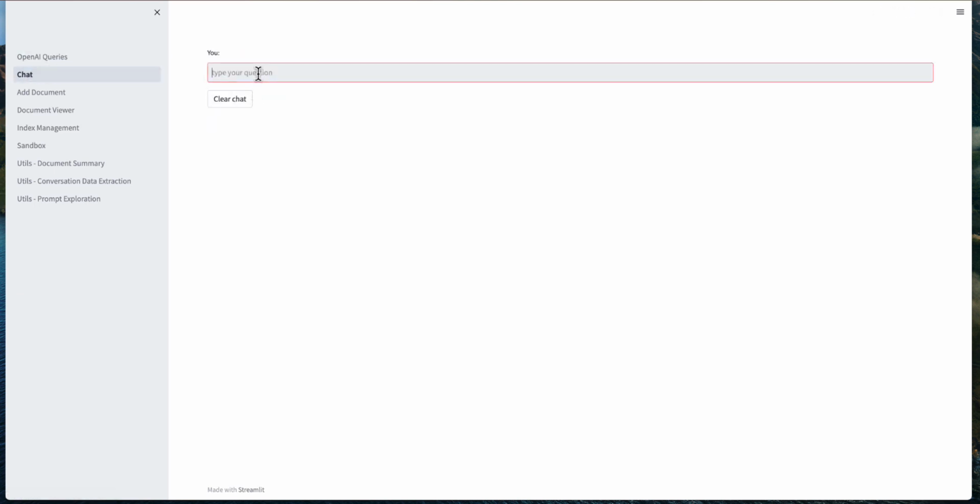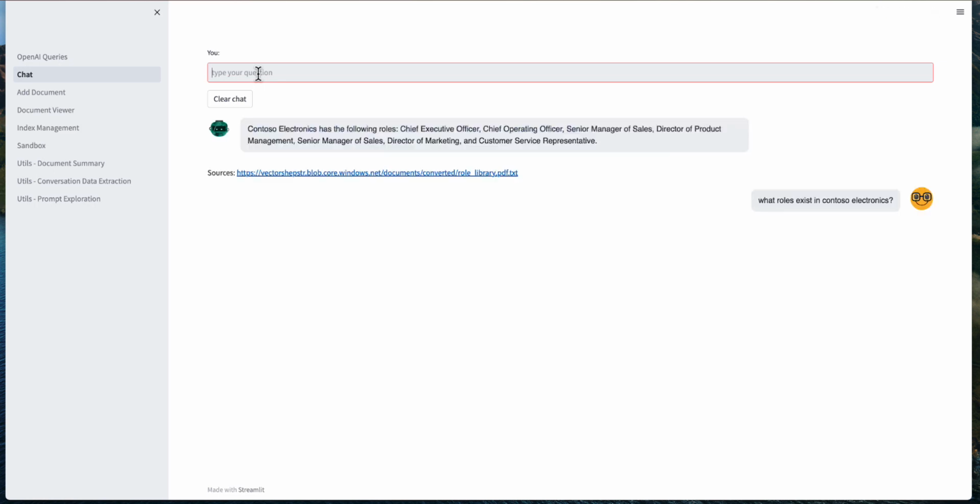So you could ask, what roles exist in Contoso Electronics, since that's the popular question we asked before. And it will actually hit the vector database instead of the cognitive search, which in this case gives us a short list, but that's not too bad. And it's a good chat interface as well. So this is more of an administrator type view of the world, but you can take the code and do something else. What roles exist? Provide